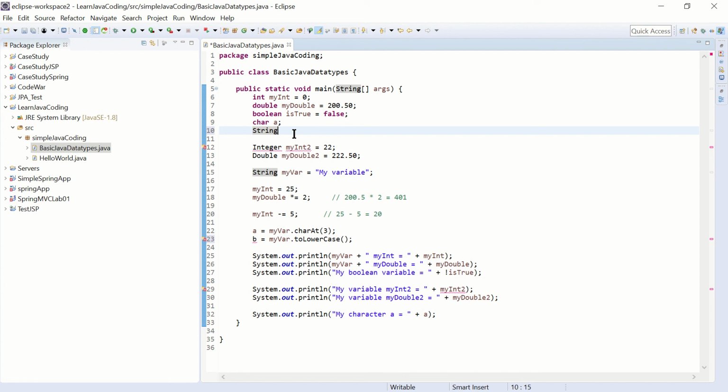So you can tell by just looking at the type. If it's an uppercase letter, then you know it's an object data type. So I'm gonna declare B here,